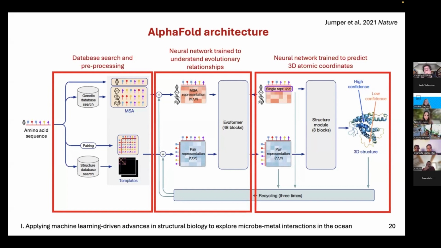These representations are then fed into another neural network called the structure module, which gives an initial guess for a 3D structure. It also applies fundamental physical and chemical constraints dictated by atomic bonds and angles, right? So things like torsional stress. This guess is then cycled back through the first neural network and used to refine the model prediction. Right? So this is a very computationally expensive approach, but one that was necessary to solve this problem.